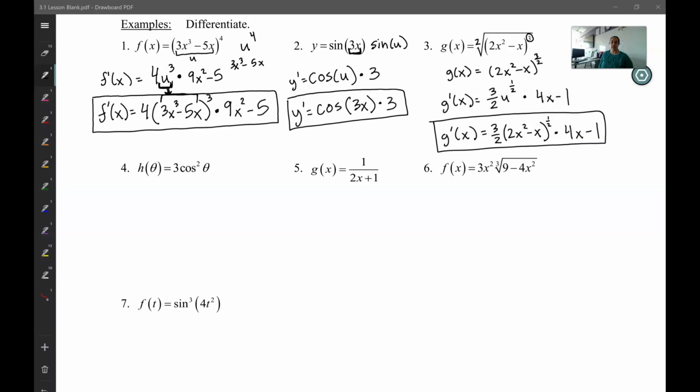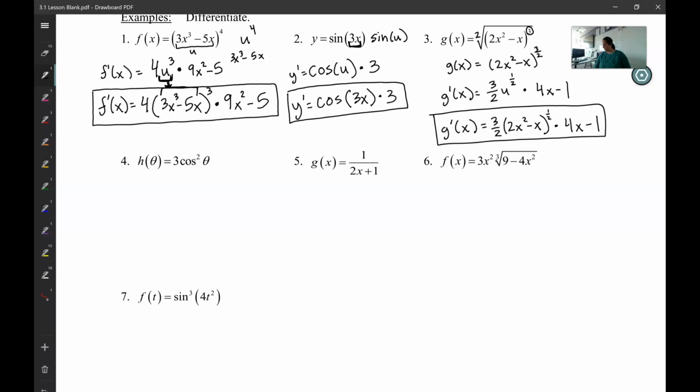Okay, let's try some more examples using the chain rule. We'll start right here with number 4. This number 4 gets a little weirder because I'm going to want to rewrite this as 3 cosine of theta all squared. Now, when it's written like that, it's a little easier to see that the mommy function is